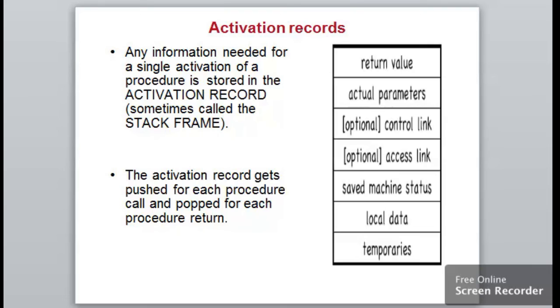A procedure coming into execution means an activation is there, and an activation record is created. The activation record has these fields: return value, actual parameters, optional control link, access link, saved machine status, local data and temporaries. This activation record is pushed for each procedure call and popped for each procedure return. This is how we represent it in a control stack.